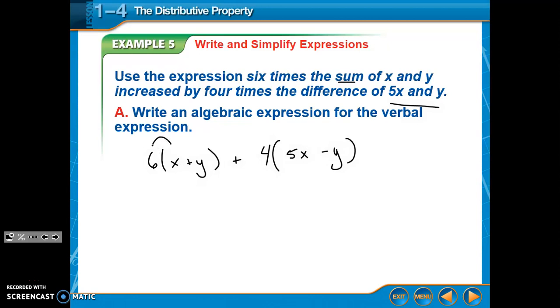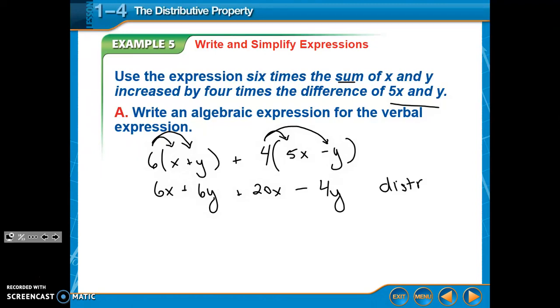So I'm going to simplify it by using the distributive property. So I do 6 times the x first and 6 times the y. And then over here, I'm doing the same thing with this one. I'm doing 4 times 5x, so I get 20x. And 4 times negative y, careful with the negative, it's going to be minus 4y. Okay, and this is the distributive